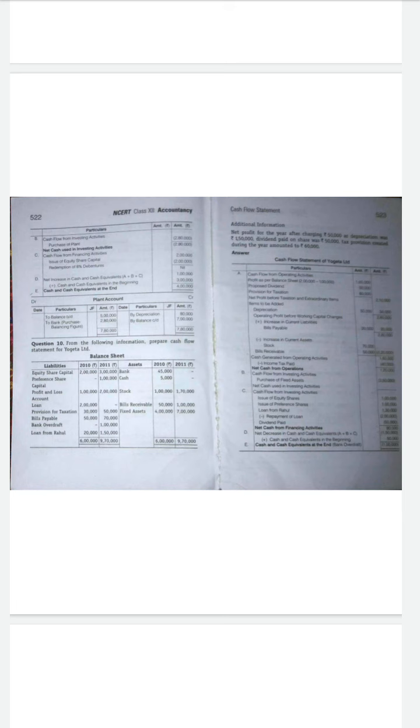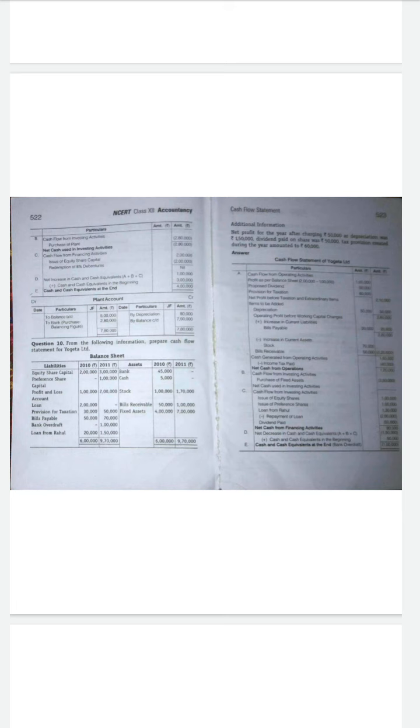the loan 2010, there is a separate 2 lakhs. It indicates that amount of loan is not related to the Rahul loan. It is a separate loan. This is a separate transaction. Keep in mind. Loan from Rahul is a separate transaction, and the other loan is a separate transaction. So there is no connection between these two transactions. Keep in mind. So this is separate and another is separate. So what is the meaning?